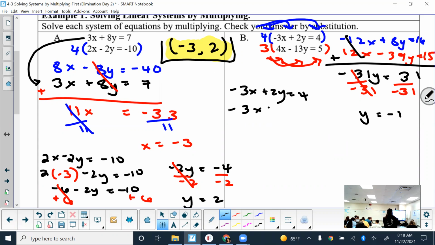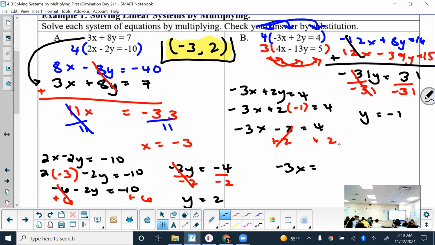If you plug it into the top one, here's what it looks like. So y is now -1. And we're solving for x. So first, what's 2 times -1? Good. And in solving for x, what will you get rid of first? How do I get rid of it? So add 2 to both sides. We got -3x equal to what's 4 plus 2. And opposite of multiplying is dividing by -3. And x equals